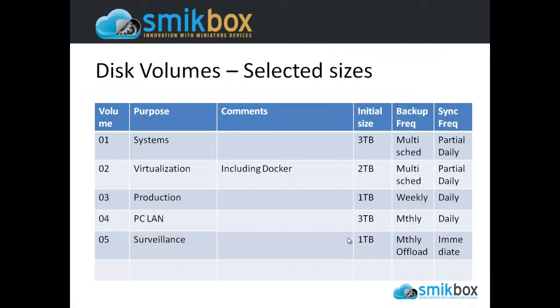However, in this case, we have these basic volumes that we've discussed here, and they add up to 10 terabytes, which is okay as well, because in this case we'll allocate the sizes as on this table here, and if we need any extra space, we can always add other additional volumes or additional disk drives or virtual volumes. So proceeding with that,